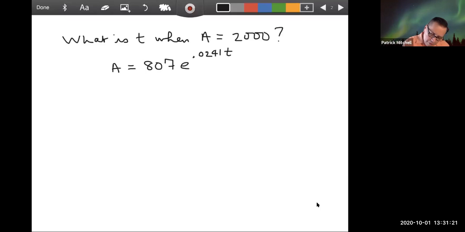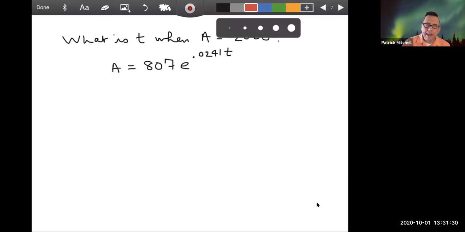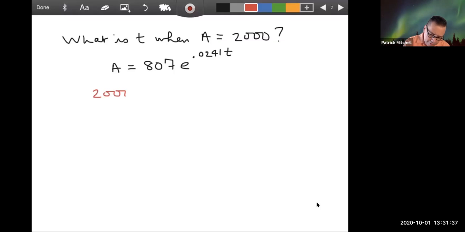Probably won't make any difference. All right, they want to know what is t when A is 2,000. So this is kind of similar to what we just did, except this time we're solving for t instead of solving for k. So we have 2,000